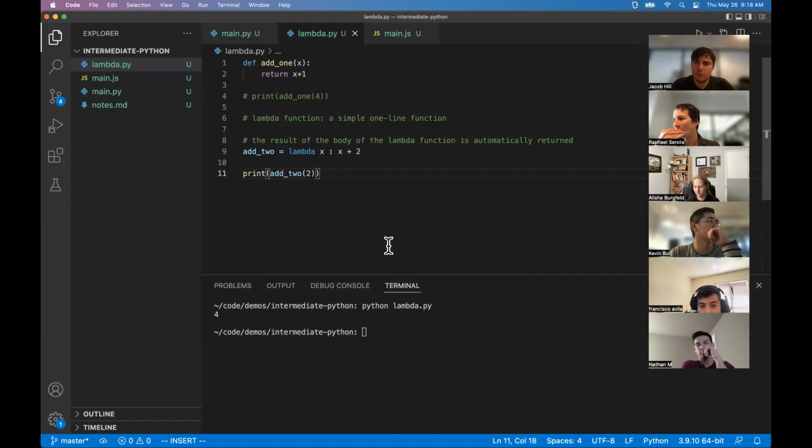So, Jake, got a question? Sorry about that. Yes. So can you just maybe talk through the lambda, like, add to is the name of the function equals, and then we need the lambda. Could you maybe talk it through in